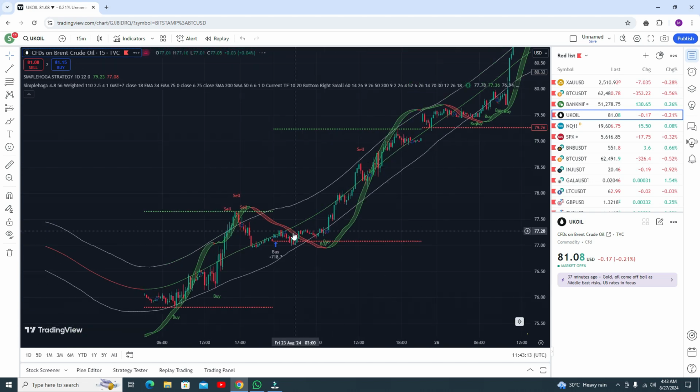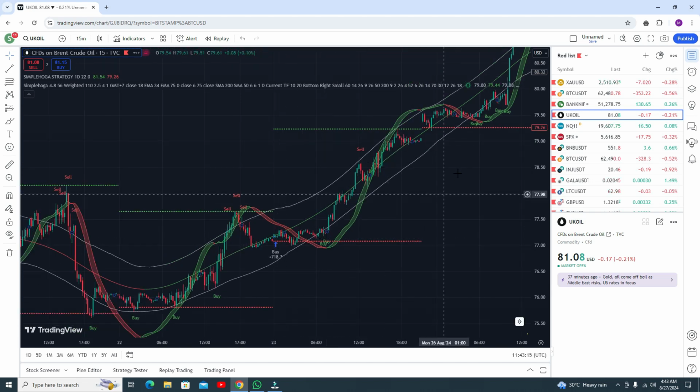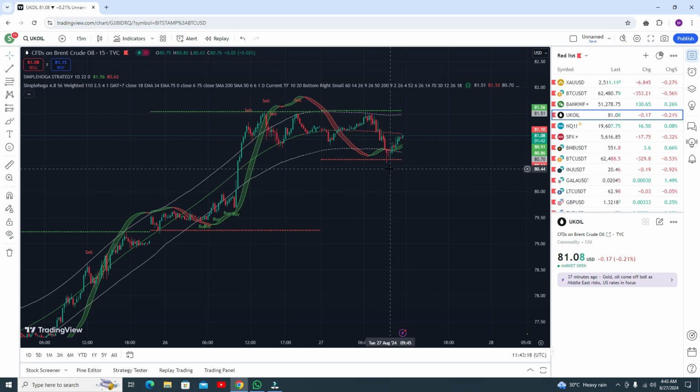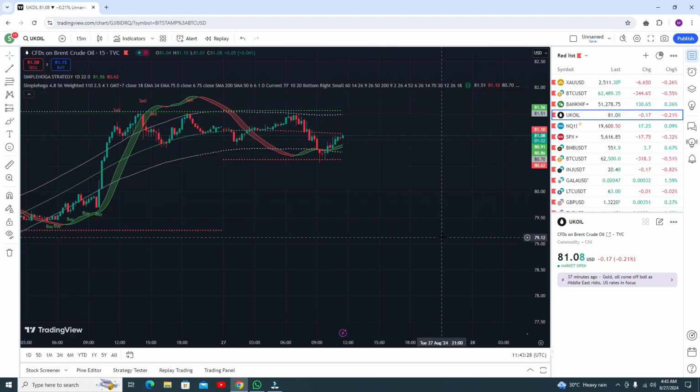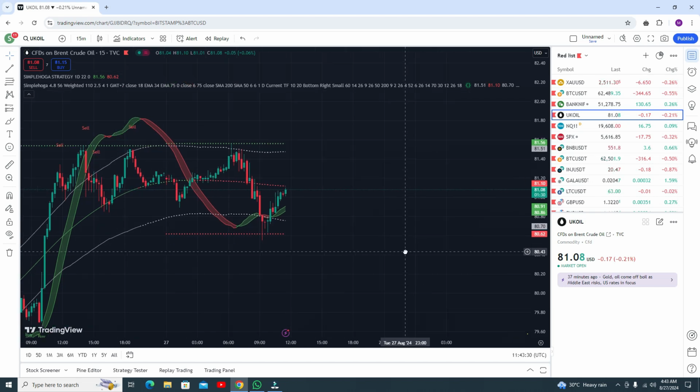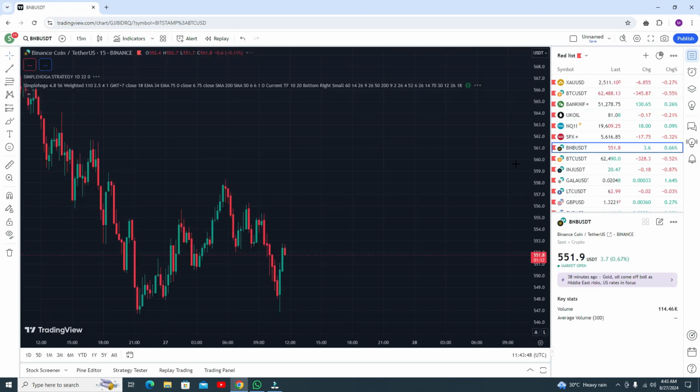Okay, here you can see buy trade, go to the buy position, go to the buy position, and this is the most recent buy signal, and market is on. Okay, and you can see now you are in some good profit. Like here when you got the entry, the price was around 80.64, and now the price is 81.04, so it's a very good profit. Okay, so let's see the results in BNP.